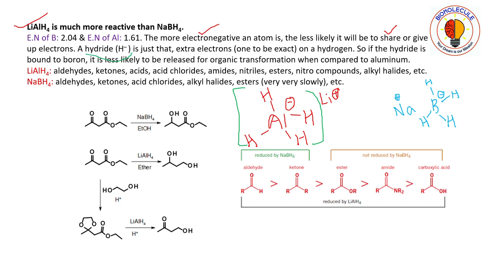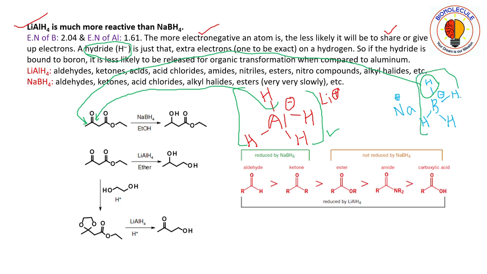Okay, H minus, this hydride ion, it will leave. That is, this hydride along with the bond will go and attack the carbonyl carbon. Similarly, in case of borohydride also, this hydrogen, along with its bond, will go and attack the carbonyl carbon. Now we have to compare these two compounds, lithium aluminum hydride and sodium borohydride,